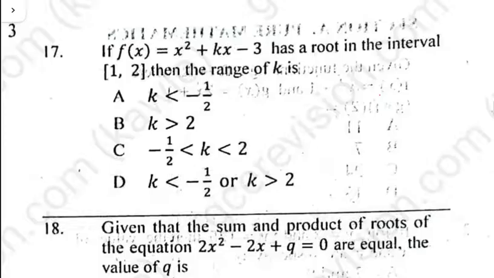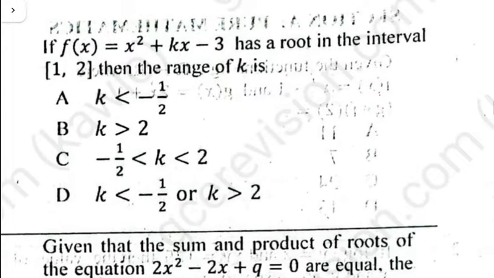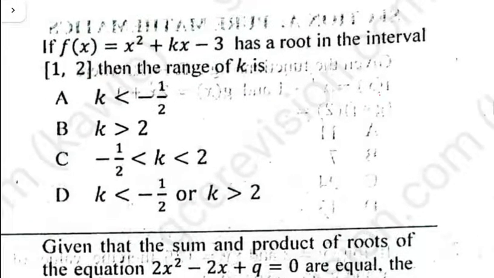You have f of x equals x squared plus kx minus 3 has a root in the interval 1, 2. Then what is the range of k? So if there's a root in the interval 1, 2, then we can use the intermediate value property, right? So we can say that when x equals 1, so 1 squared plus k, well, 1 squared is 1, right? So 1 squared is 1. 1 plus k minus 3